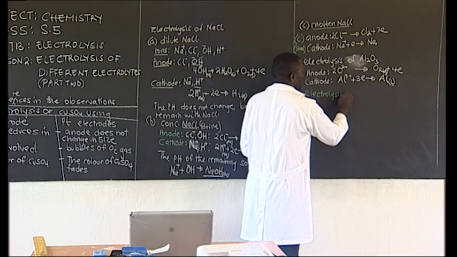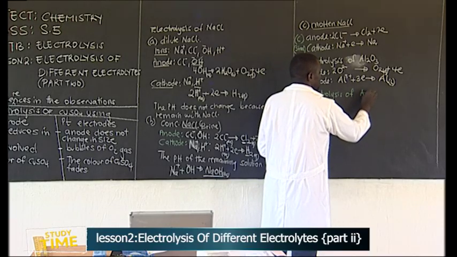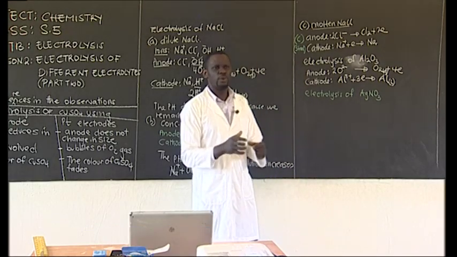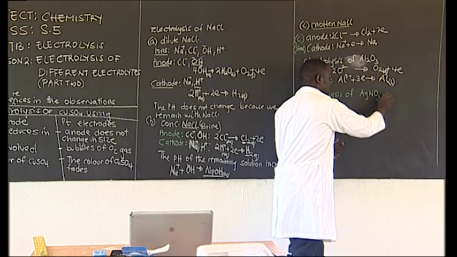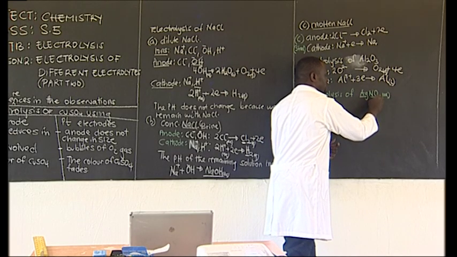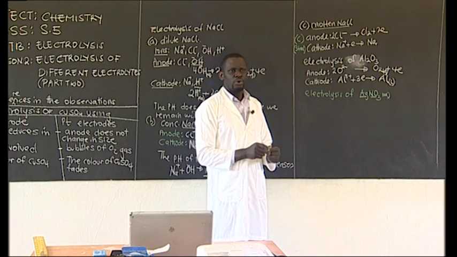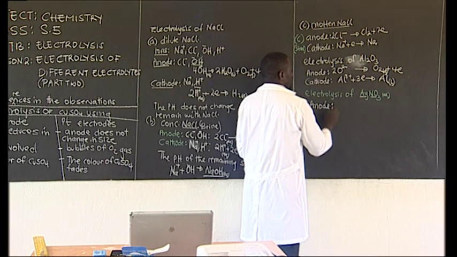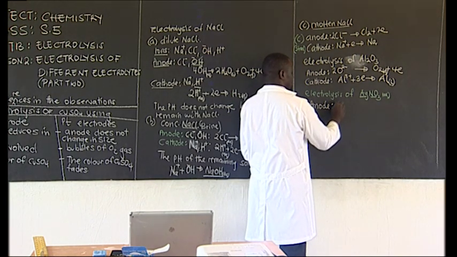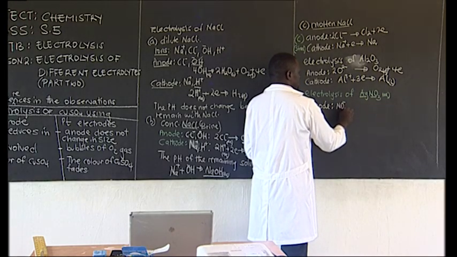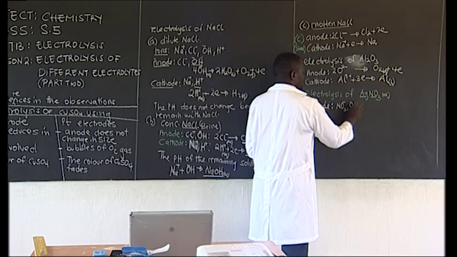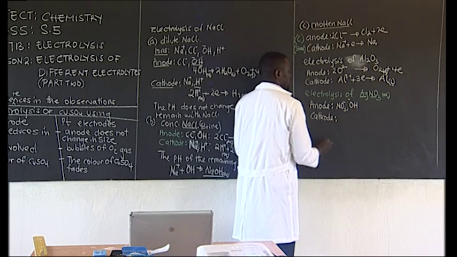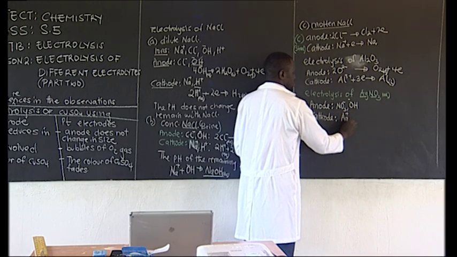So you'll observe that here we actually talk about the electrolysis of silver nitrate. During this electrolysis, you recognize you've already talked about how we find the ions. If it is aqueous, we have silver, we have the nitrate, and we have H plus and OH. Then at the anode, which is the positive, we shall have the nitrate and the OH. At the cathode,